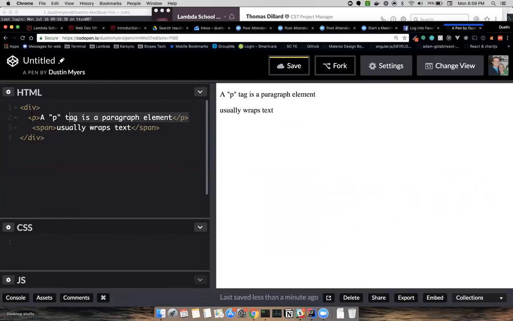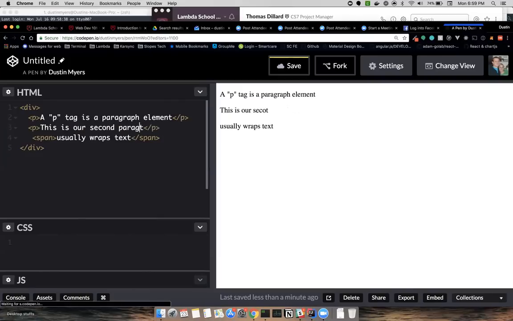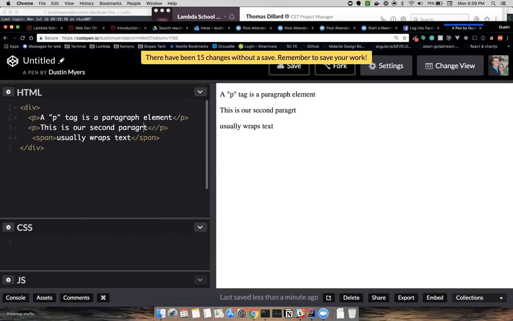But if you notice, as we created a new line and created a new paragraph element, let's just give it different text. This is our second paragraph element.